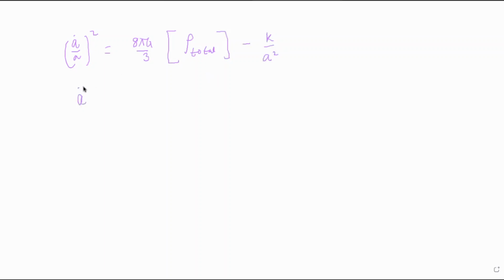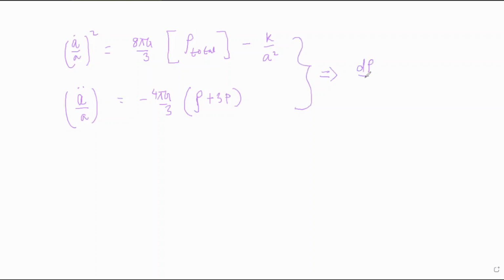A double dot by A equals minus 4 pi G by 3 times (rho total plus 3 times P total). This is good. And from these two equations, you can get the continuity equation, which is not an independent equation,